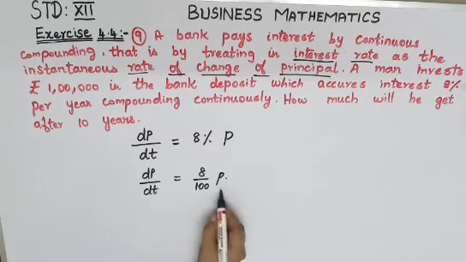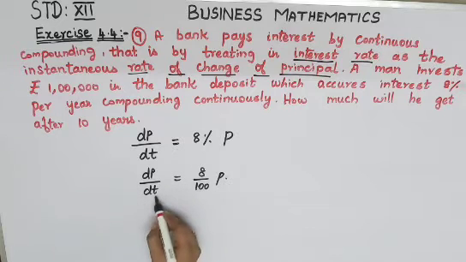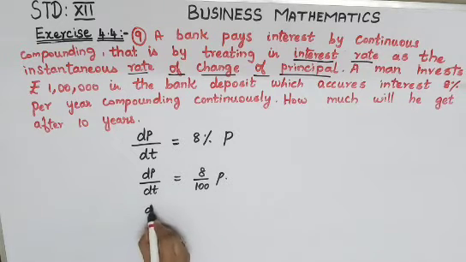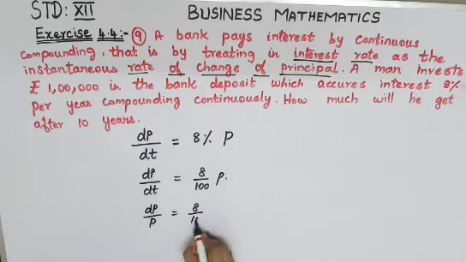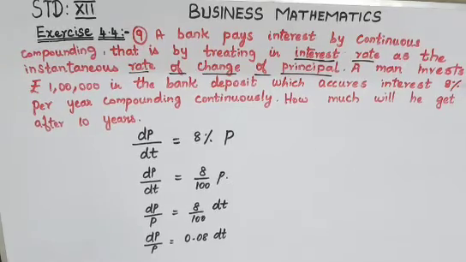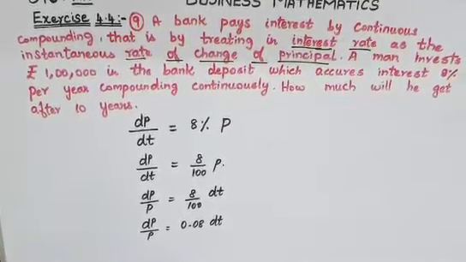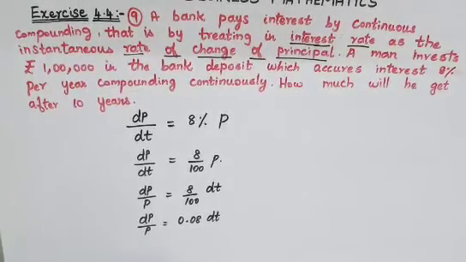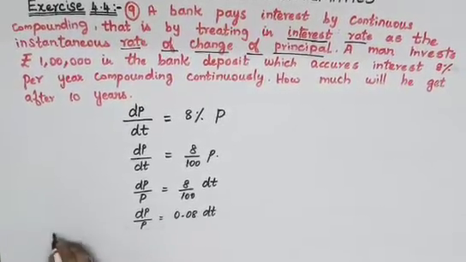So the next line is, bring your p terms towards one side and take your dt towards the other side. So we'll have dp divided by p, that is equal to 8 by 100 into dt. I'll take it to that side, so it will come to the numerator. So 8 by 100 into dt. So the next step is dp divided by p is equal to 8 by 100, you will get 0.08 into dt. Now this we have done in your earlier exercises, that is your exercise 4.2, separating, and then you will have to go to your integral. Okay, so now we have separated, so we will have to go for integrating.